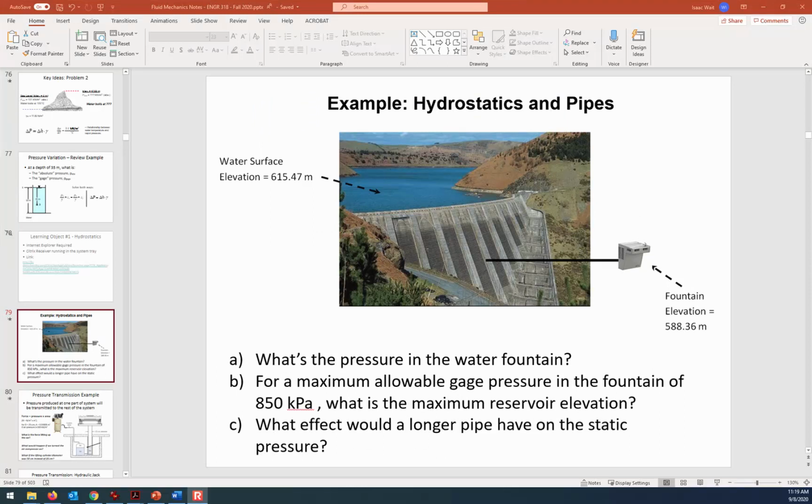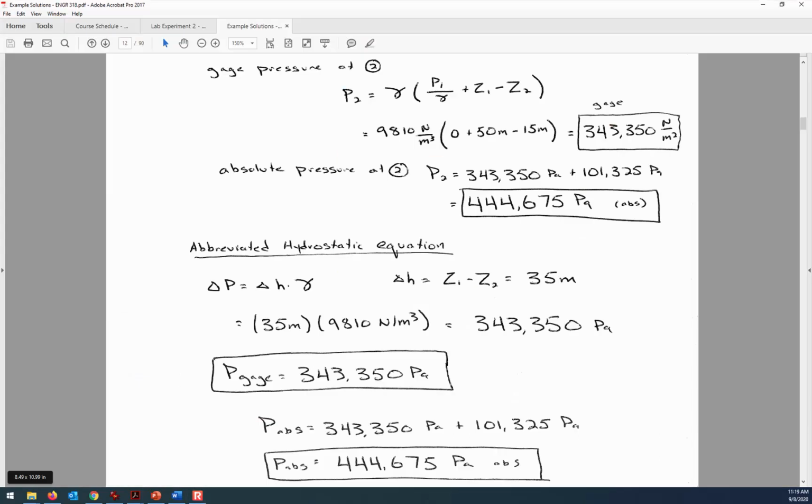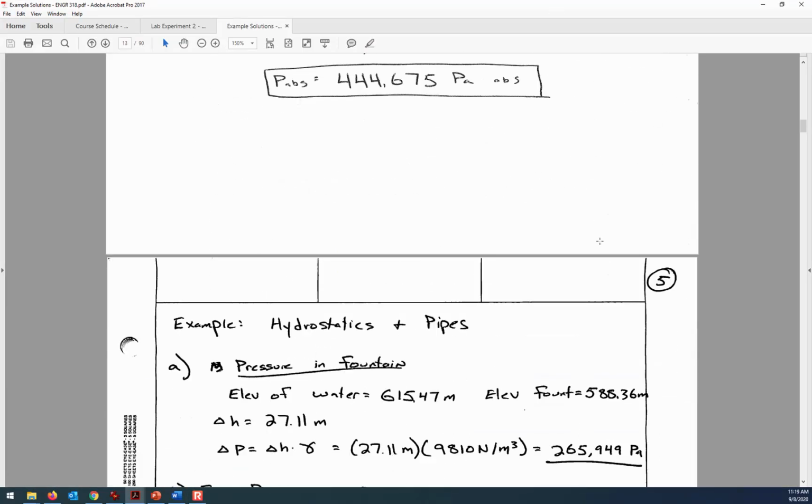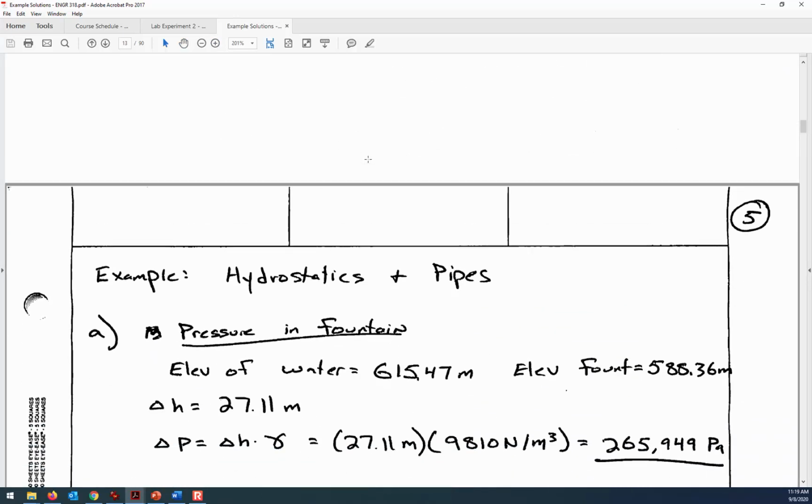Okay, so how are we going to find the pressure in the fountain? Well, we're just applying the hydrostatic equation again. So the elevation difference between the 615.47 meter water surface and the elevation of the fountain, so the delta H is 27.11 meters, which means the pressure change is going to be 265.949